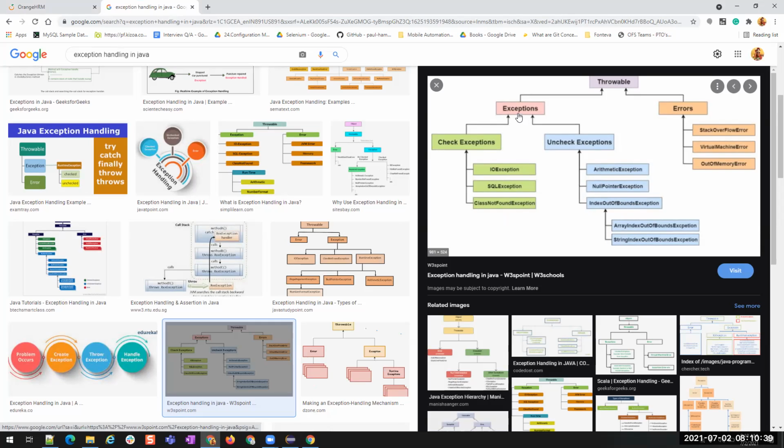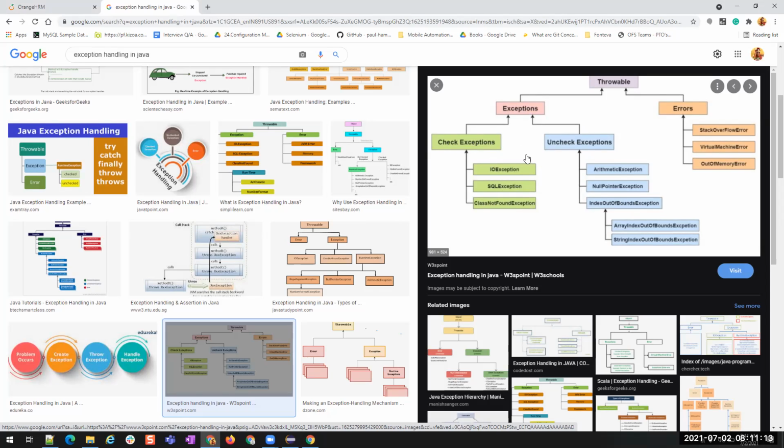So we have two things, exceptions and errors. We can't handle errors. We won't be able to do anything to resolve errors. We have to fix them. Whenever we find some error, we will fix it. Okay. But exceptions, we can handle them, because in some situations we will not know what will happen. So that is why we have a mechanism to handle the exceptions which might be caused by your applications.